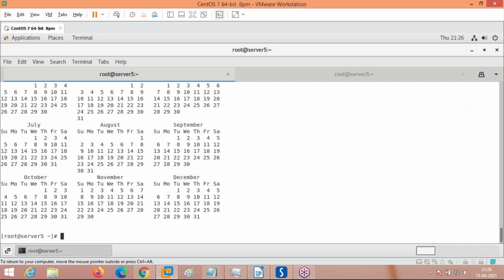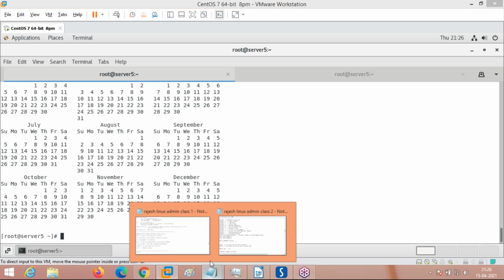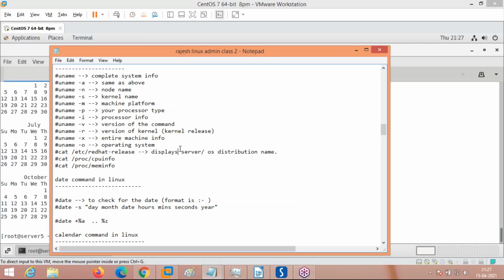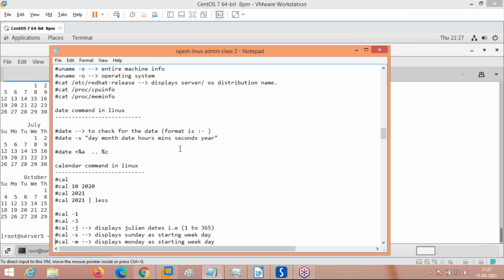Okay. So now it is as good as 9:26, so we can't go forward because 1.5 hours has already passed. Today we have seen the calendar command and a few other commands. Tomorrow I'll repeat these same commands and extra commands also, with all the options. So today we'll end the class here. Tomorrow we'll take the next topic. These commands will continue tomorrow because there are more of them. I just gave you a brush up of the commands.